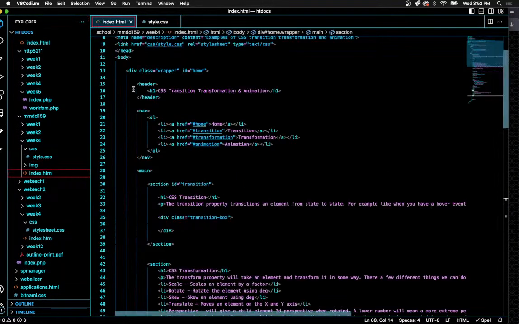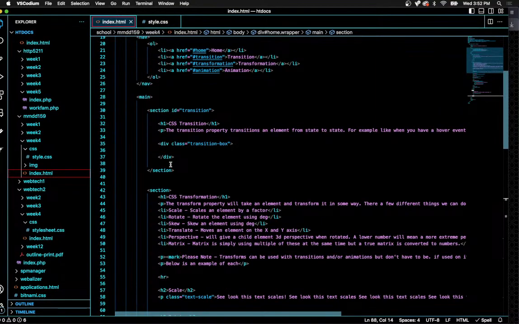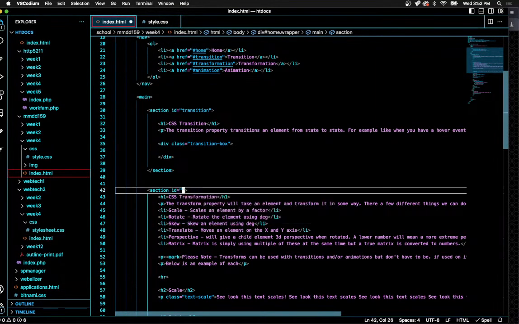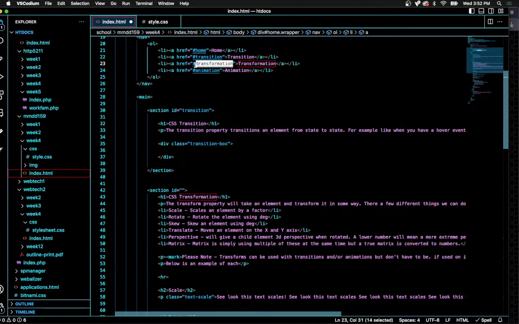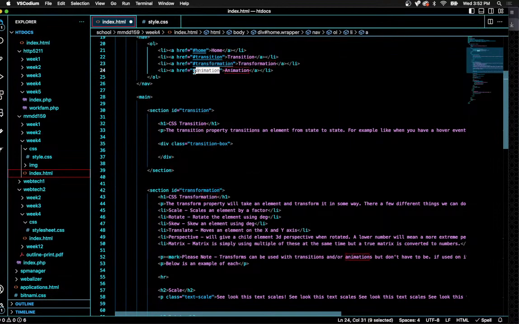All we got to do is put those IDs. So we just forgot to put those IDs there. The first one has the ID transition, which matches this one. The second one is going to have the ID of transformation, which matches this one. And then the last one is going to have